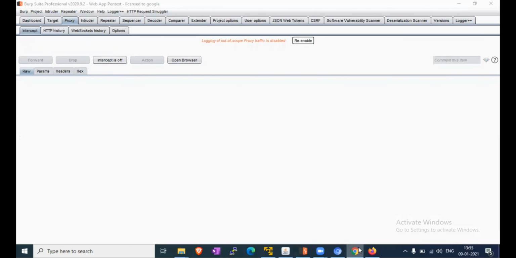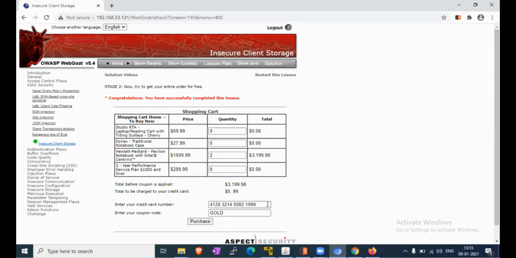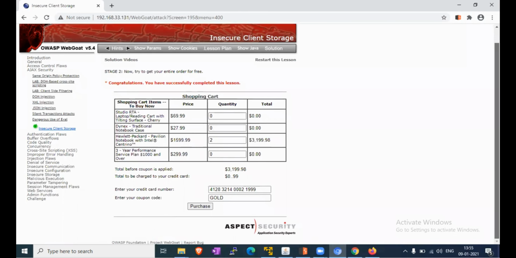We will check the response. I think we made a mistake in typing the amount value, that's why it's showing a double zero. In short, you can modify the grand total value.